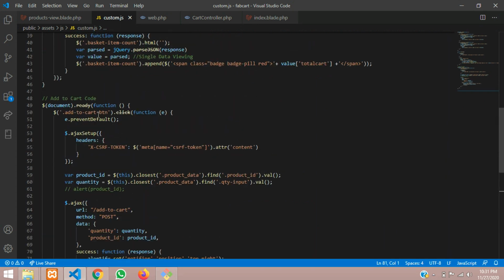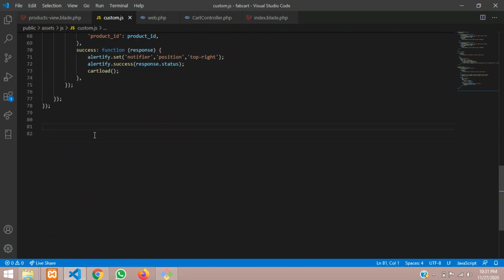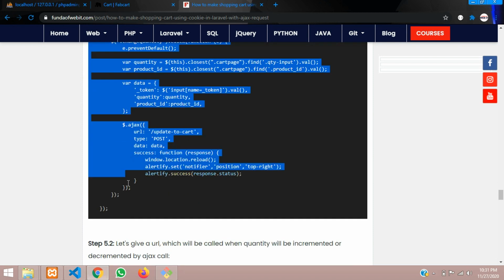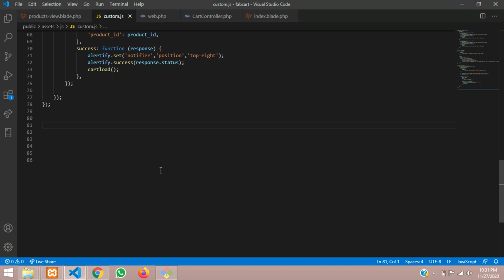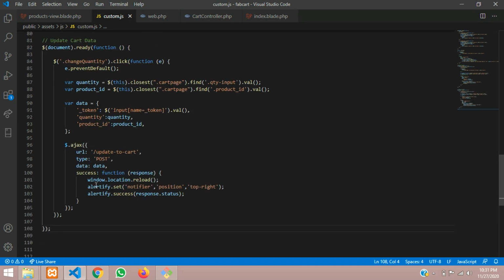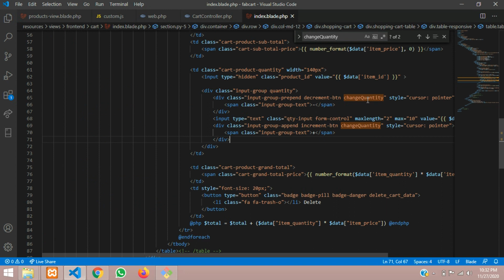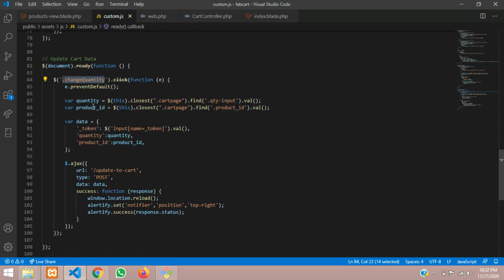This is our previous video code, and here we are going to do the update with the cart option. Let's copy this and paste it. Once pasted, you can find that this change quantity is the same name as in your cart page. We are taking the quantity and the product ID.